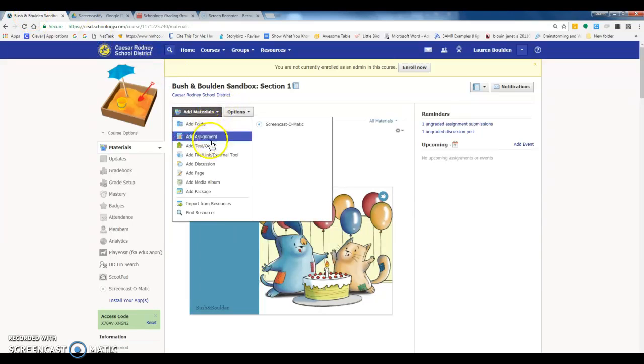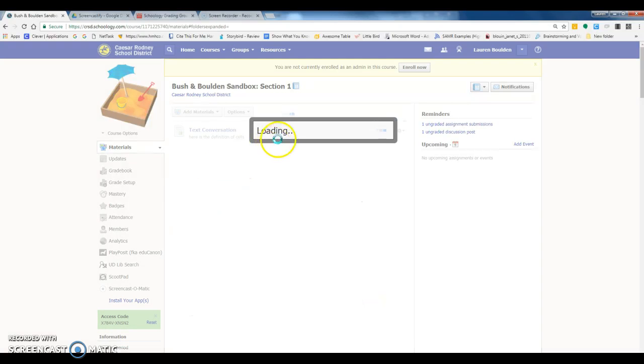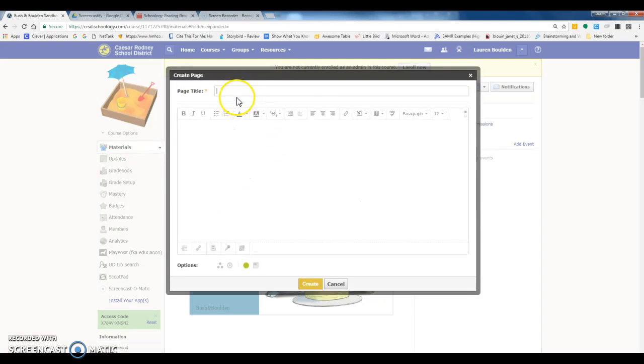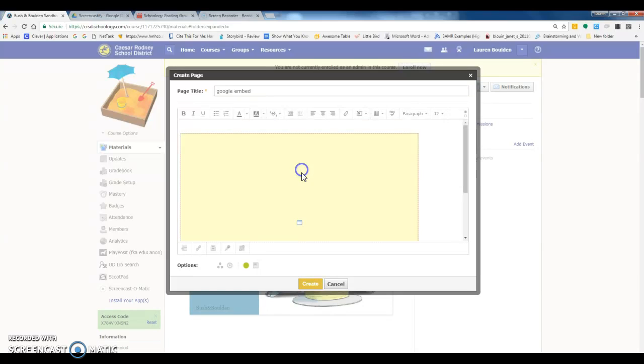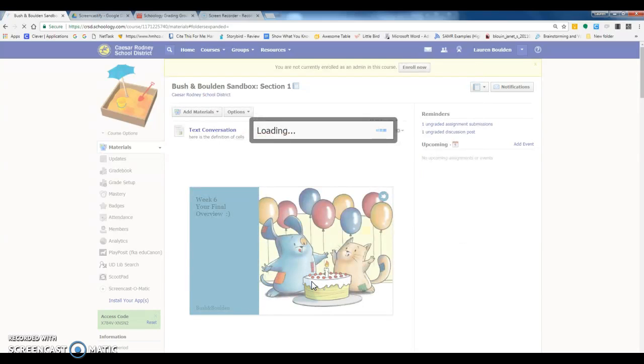And then if you want to put it on a page or in your discussion or assignment, you'll click into it. Google Embed. And you can click your arrow, Image Media, from the web, Media, paste in your embed code, hit Insert, and then once you create,